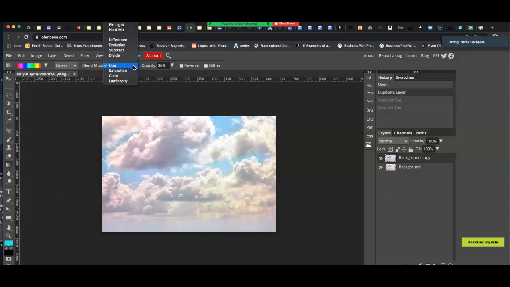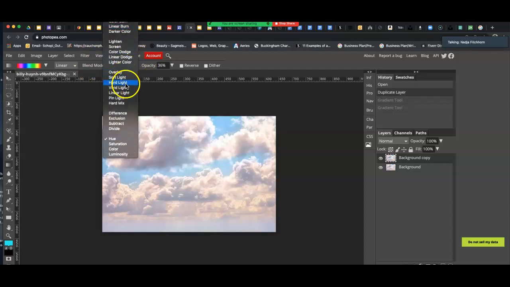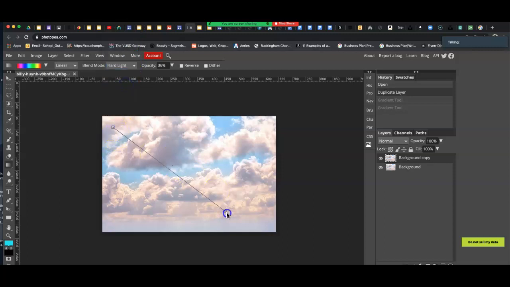Let's try hard light. Okay, a little bit more intense of an opacity. Either way, that's so fun. So I'm going to Command Z backwards. All right, and then I'm going to go ahead and try it. Maybe let's try